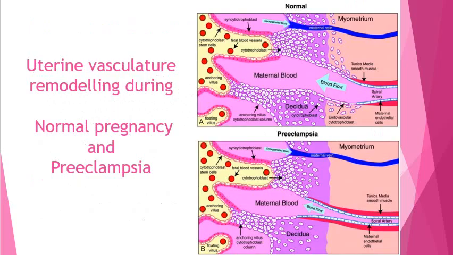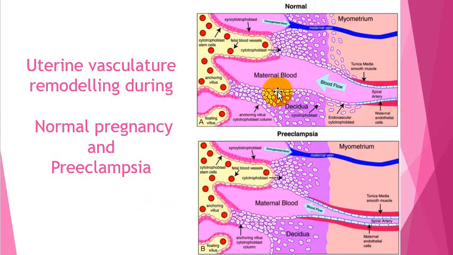So this diagram you must have seen when we are dealing with preeclampsia: what happens during preeclampsia and why there is a decreased uteroplacental perfusion. Normally, there is uterine vascular remodeling during pregnancy. The trophoblasts attack the spiral arteries, so the blood supply increases as the pregnancy advances, whereas in